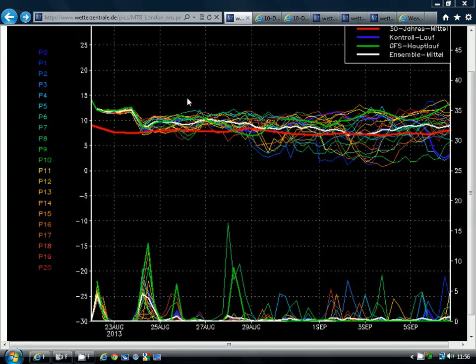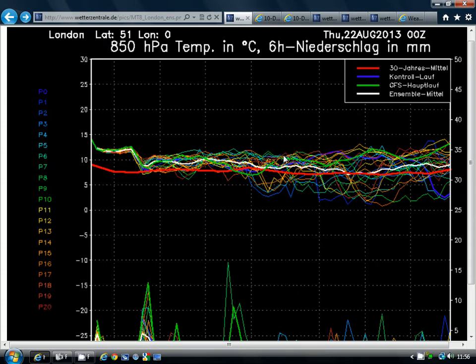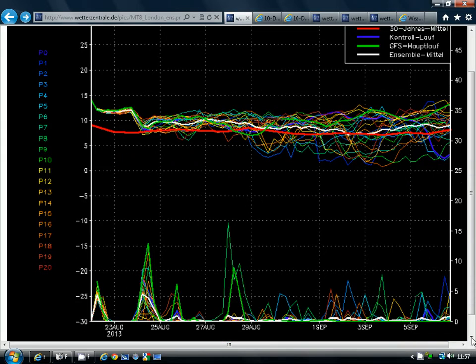So we'll start off with the GFS temperature and precipitation ensembles. The temperature ensembles are for the upper atmosphere, but they're useful when it comes to dealing with the surface, because the weather in the upper atmosphere is often reflected down on the surface. Not always, there are some exceptions to that, but generally it is.